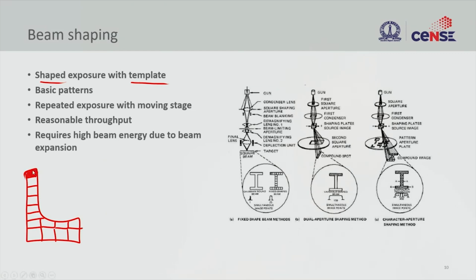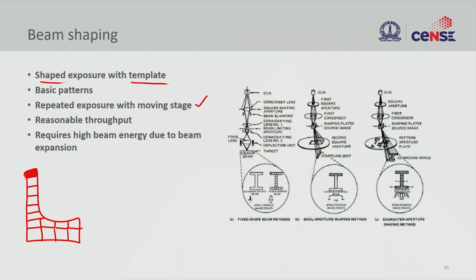This is like the stepper, if you remember the stepper concept, right, where you illuminate one area in one go, almost like a projection, but using primitive structures, primitive shapes, and then we can repeat and move the stage, and we should be able to write different patterns,